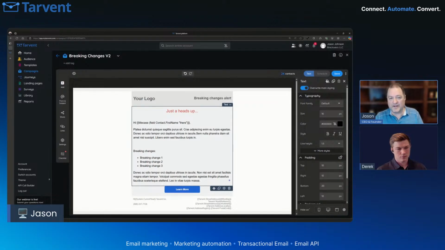Otherwise, there's more advanced things where I can do conditional content around just a word, or around an image, or around a paragraph, or anything that you want within our tool. You can do that dynamic content or that conditional content. So yeah, I just want to go over that quick to show how it works within the Tarvent system.